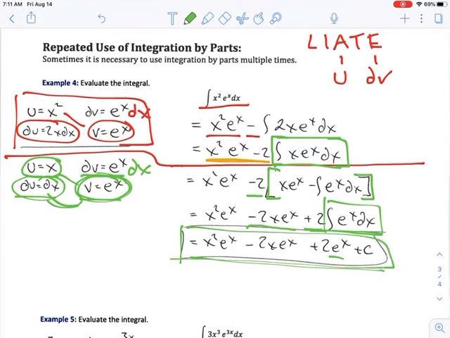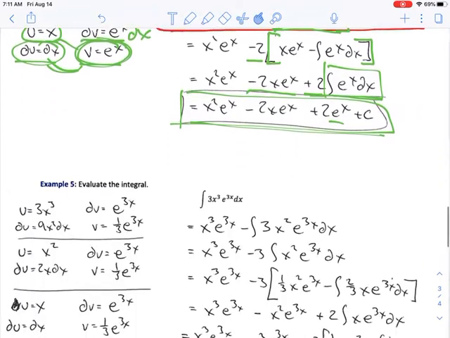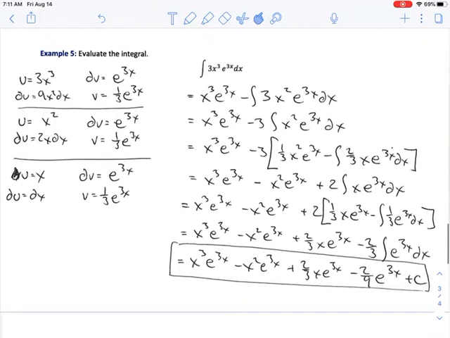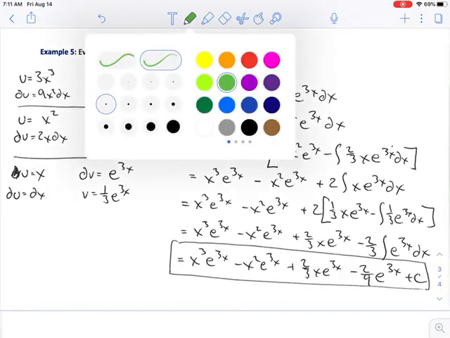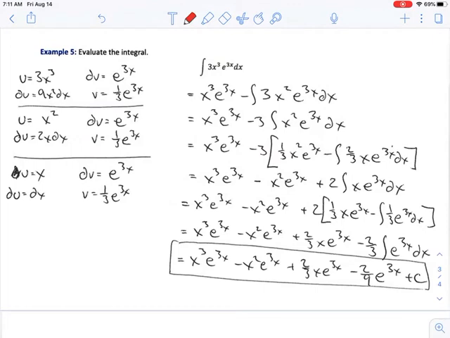So it's just like you learned in the first video. You just have to do it twice. Next up, this one looks a little longer. That's because we have to do it 3 times. So we're starting off with an algebraic and an exponential. And so the algebraic function,